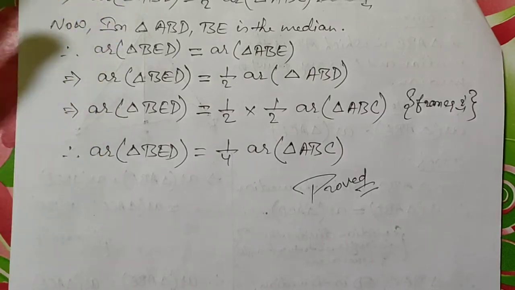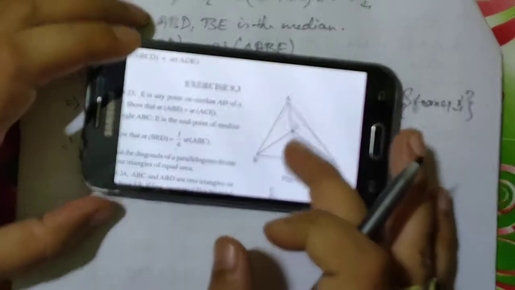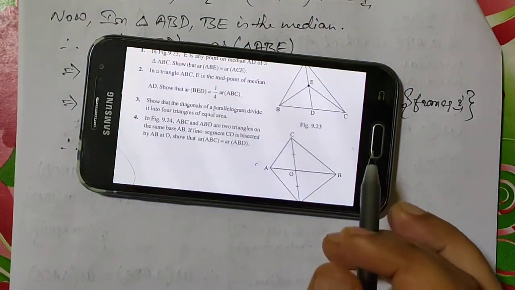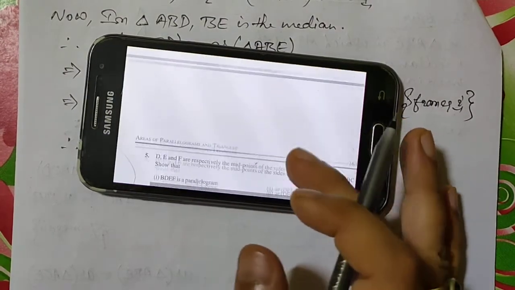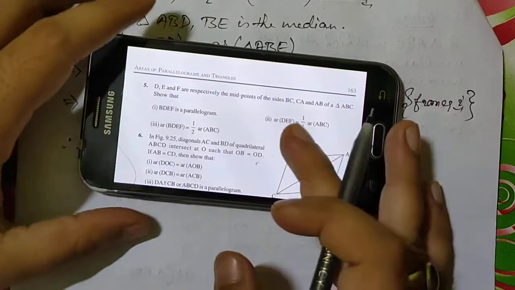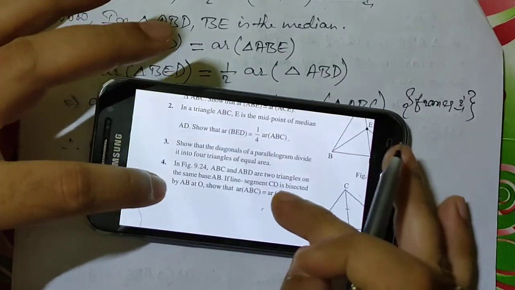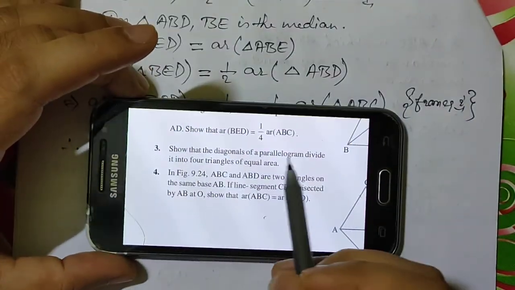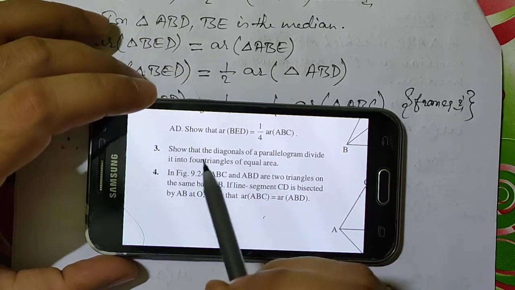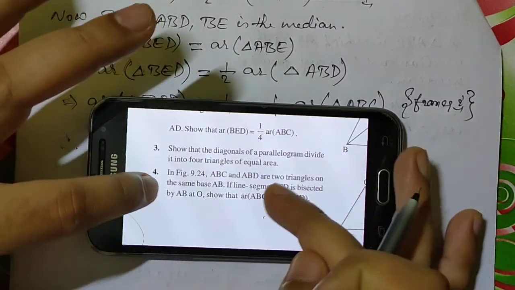Now the other problems I'm going to discuss, but I'm not going to write the solution, I will just try to discuss the things verbally. One question is the toughest one, so I will discuss that later on, that is question number 6. This is a bit tougher question, but other than this, the remaining questions like question number 3, 4 and 5 are very easy questions. So I'm just reading question number 3. Show that the diagonals of a parallelogram divide it into 4 triangles of equal area. This is one of the very easy things which you can easily do.